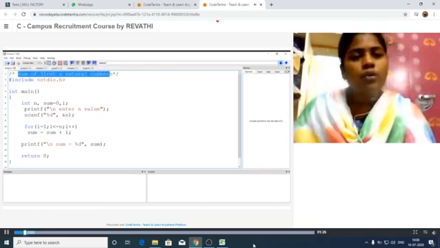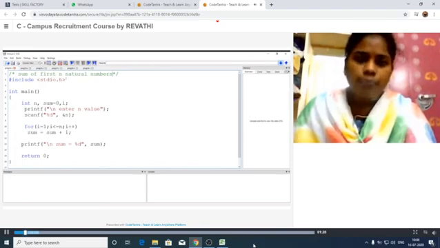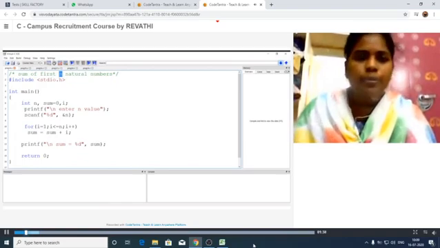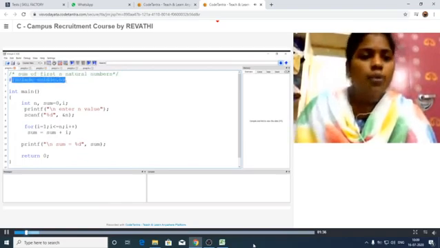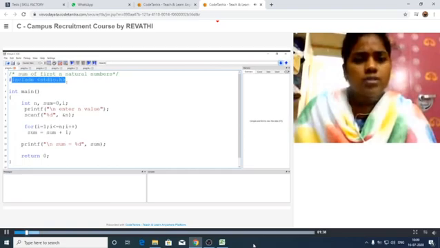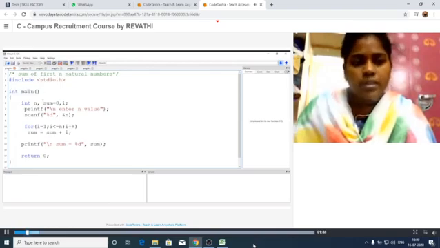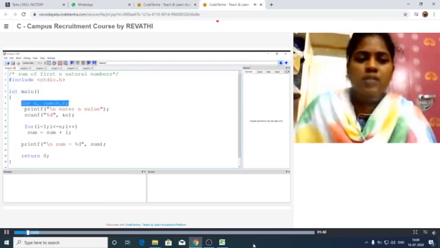Sum of first n natural numbers. N is the input value we have to provide. Let us write the program. First write down the header file, #include <stdio.h>. Then our C program execution can start with the main function. Then first start the declaration part. So here we have to declare the variables.